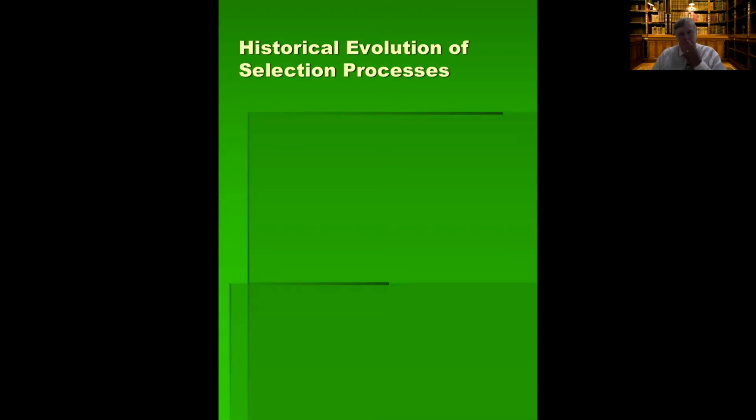We've done some of this already in the sense that we talked about flaws in the selection process that were made by the founding fathers. They didn't think it fully through. And as a result, we ended up with a system that didn't account for political parties and also an electoral college system that can result in the winner not being the winner of the popular vote or even the plurality of the popular vote. So the founders struggled for a long time to devise a way to select the president